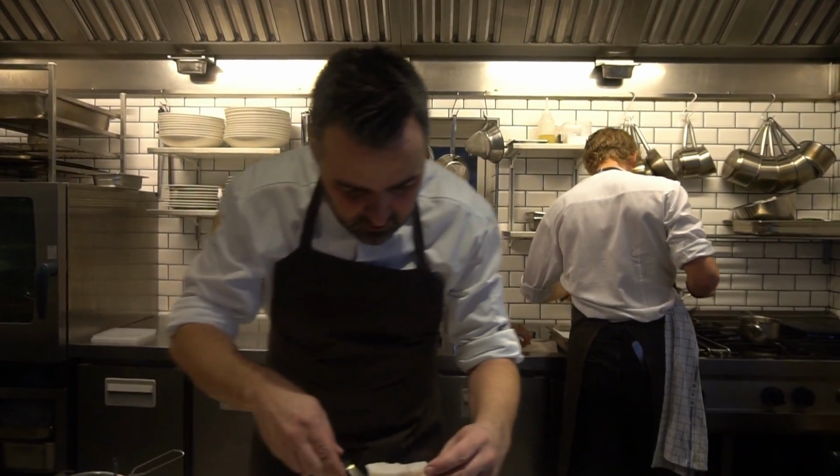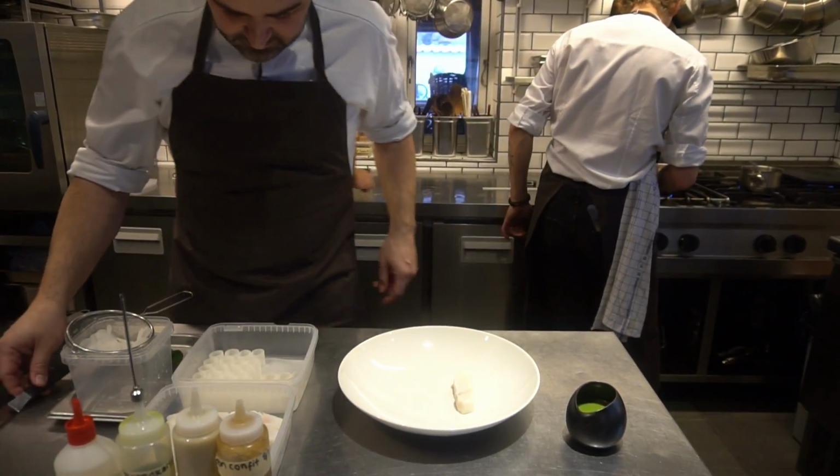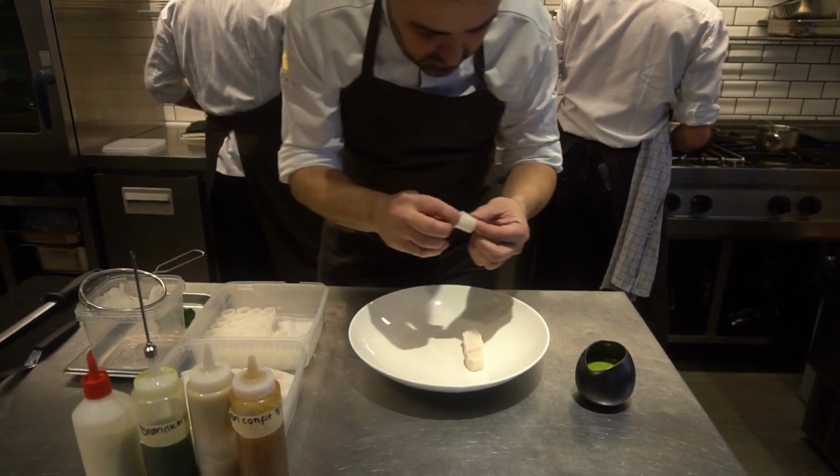After cooling down, I portion the halibut, place it on a plate. I've rolled